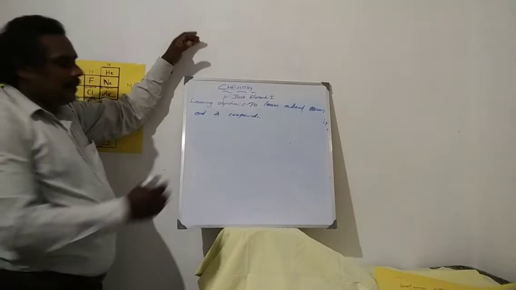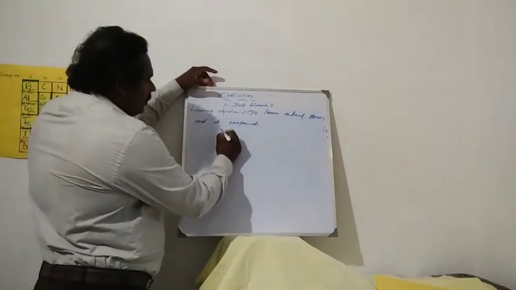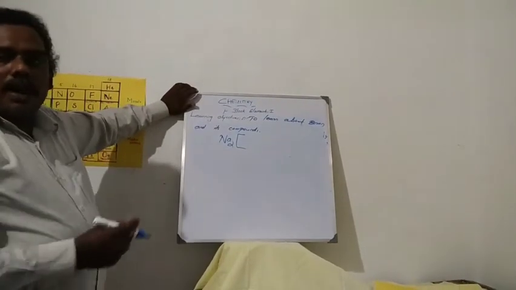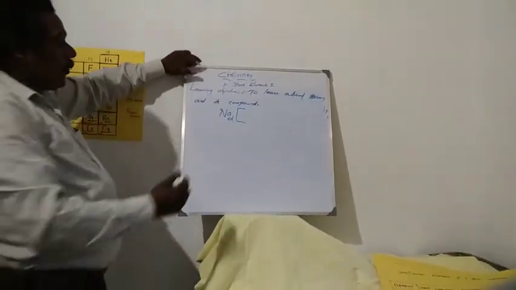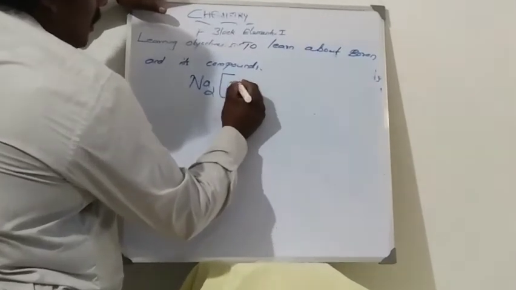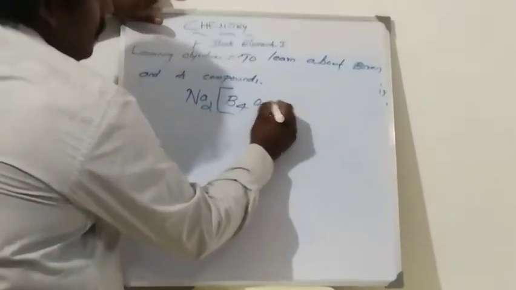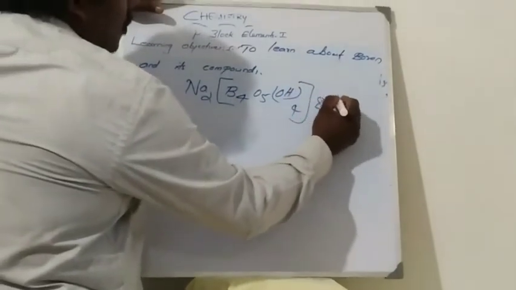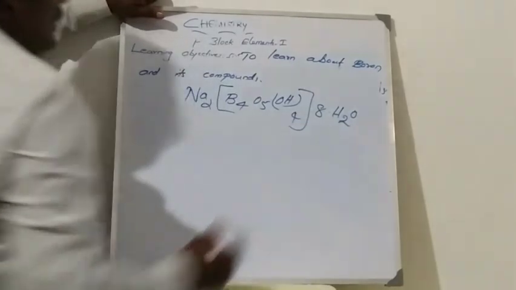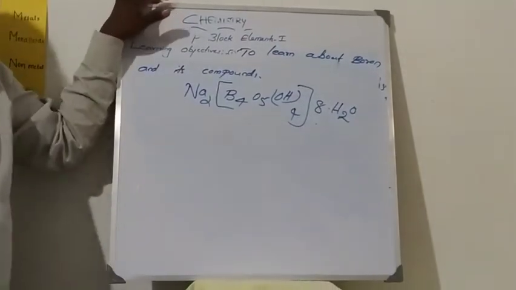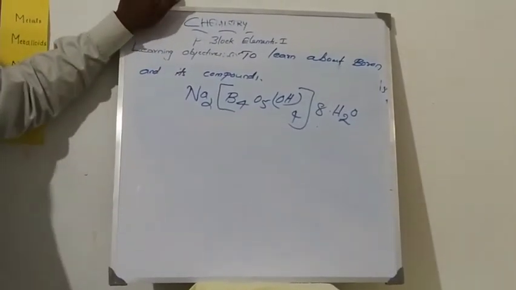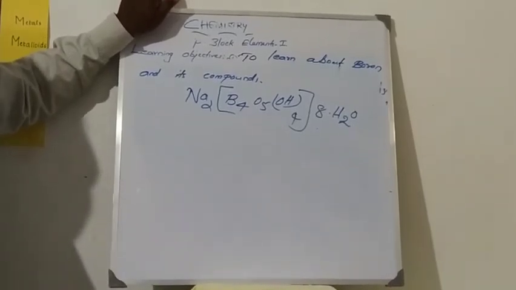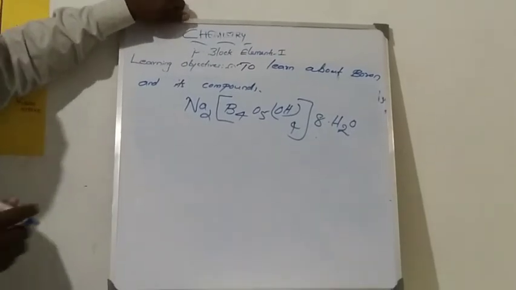The formula is Na2B4O5(OH)4 times 8 molecules of water. This is the formula for borax, and for kernite: